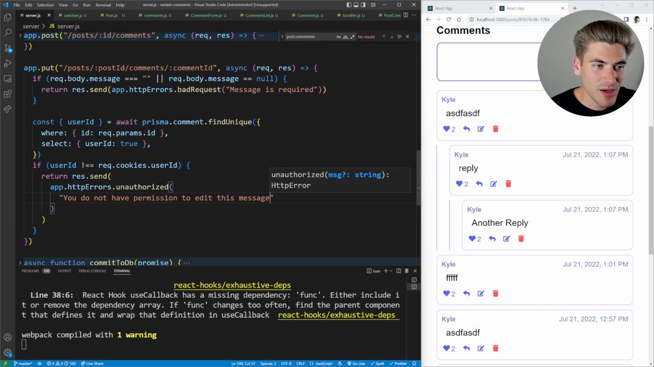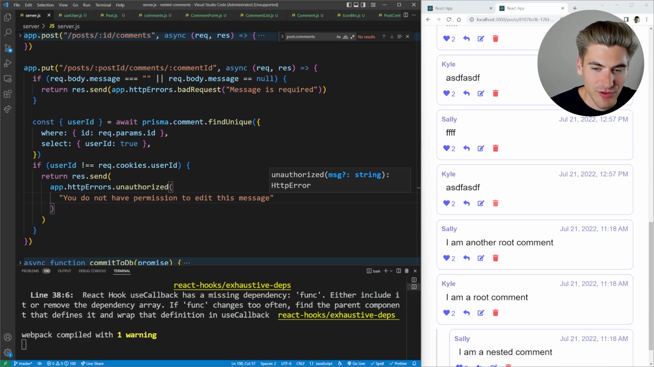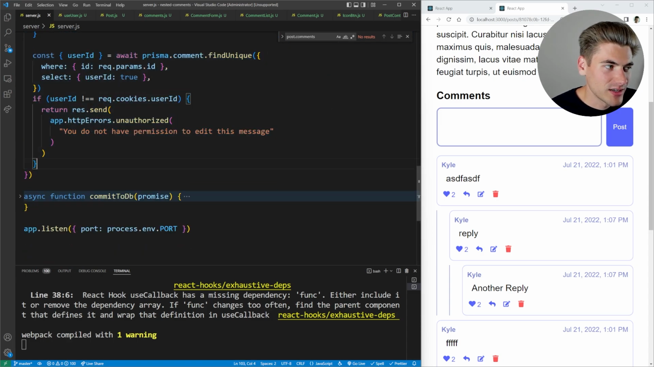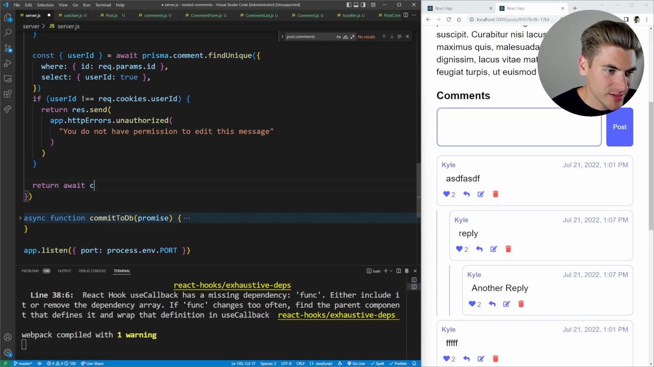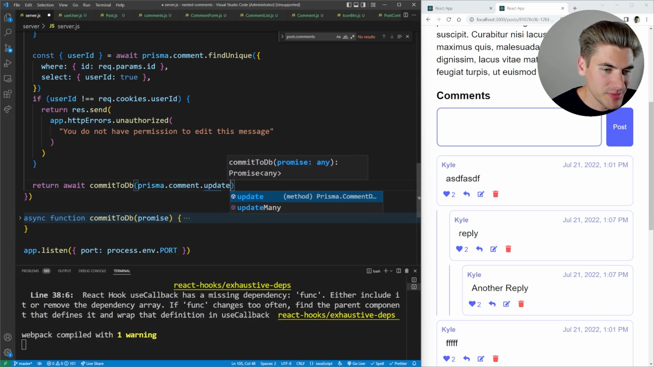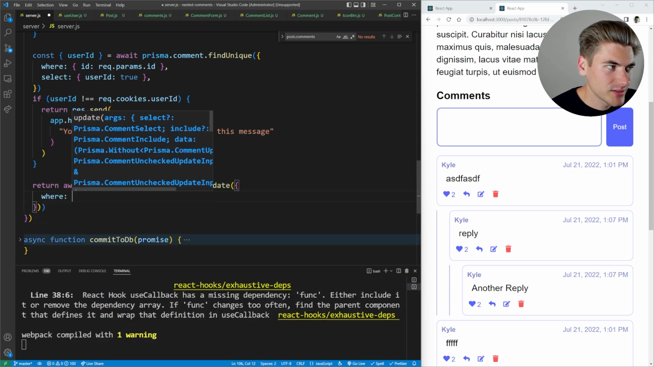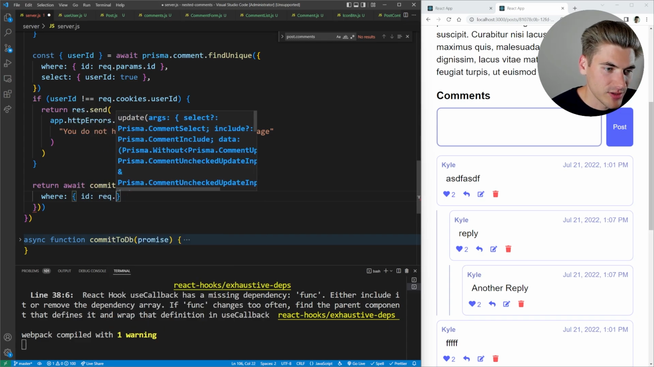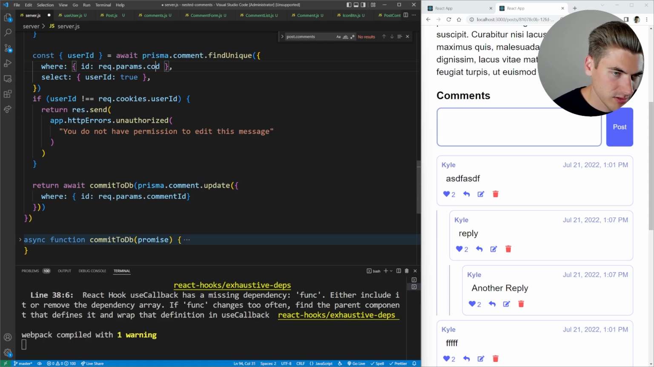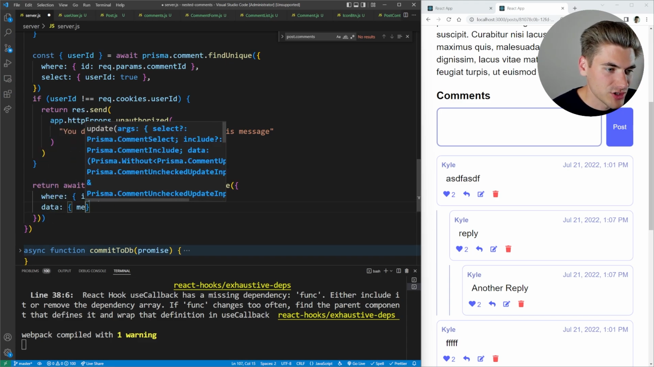There we go. So now if we send up the wrong user ID, so if we try to edit, for example, Sally's message, we're going to get an error if we're logged in as Kyle. So with all that error checking done, now we can finally actually make the changes. To do this, simple, we're just going to await that commit DB. We're going to pass it in our prisma.comment.update function. And this takes a where clause, which in our case is just going to be the ID. So that's params.commentId, just like that. And here, this should say comment ID as well. There we go. So where the comment ID,